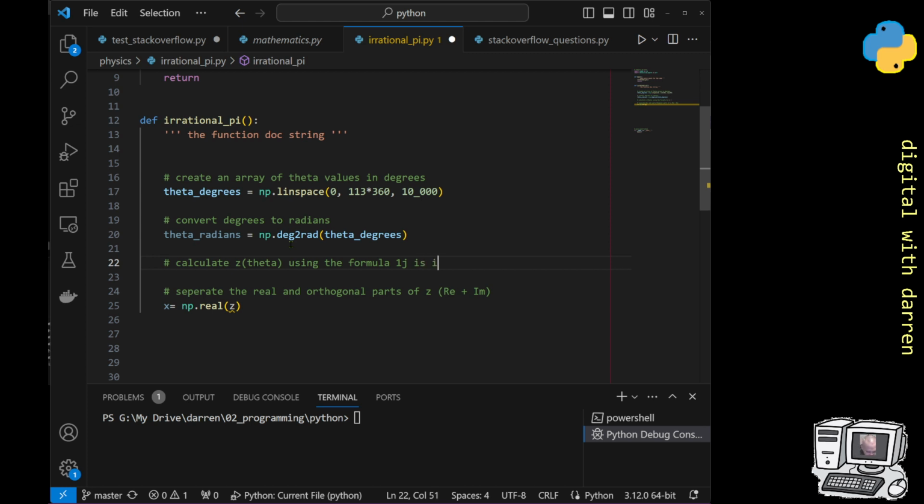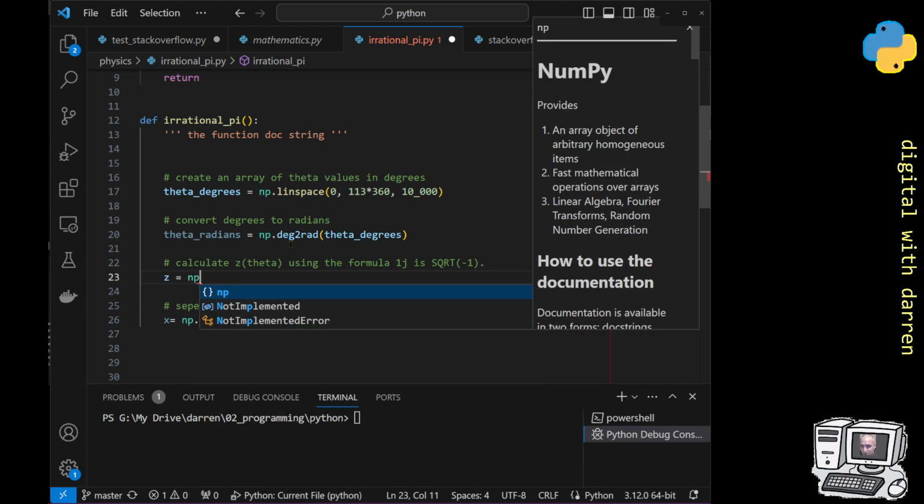1j is an imaginary, where 1j is the square root of -1, because that's actually what it is. I'm going to be averse to calling it imaginary. So we just set our z value and we say that it's numpy dot